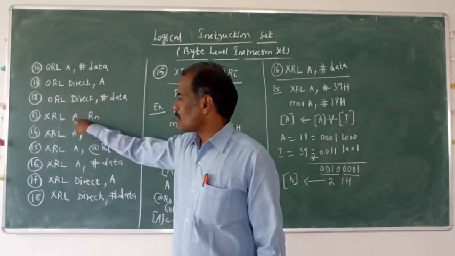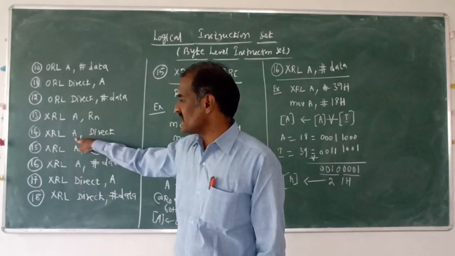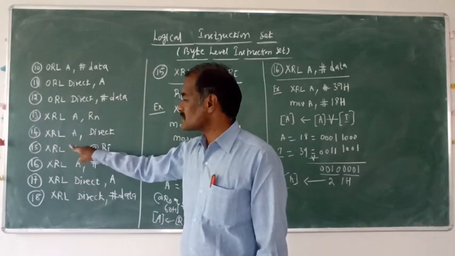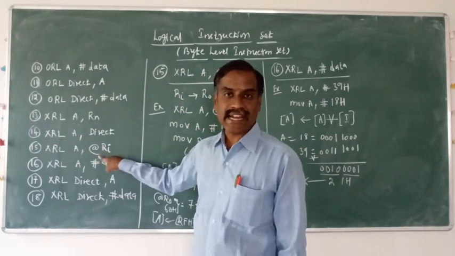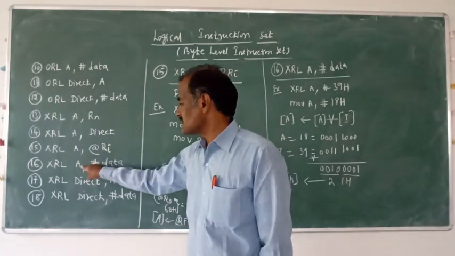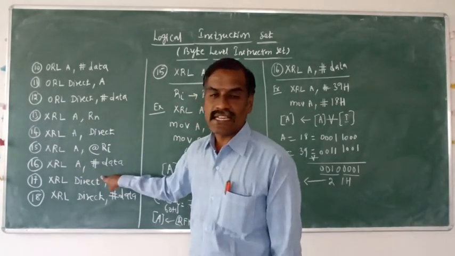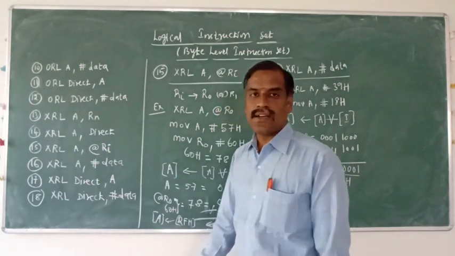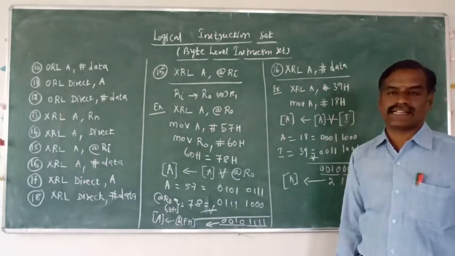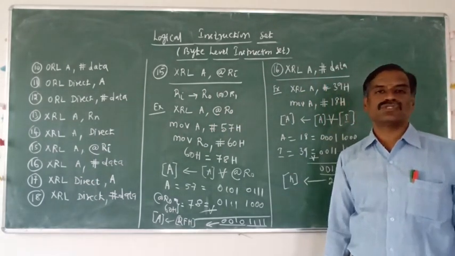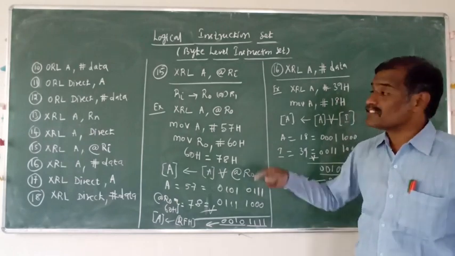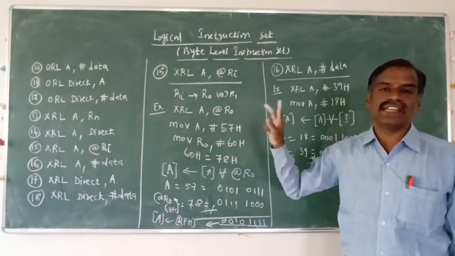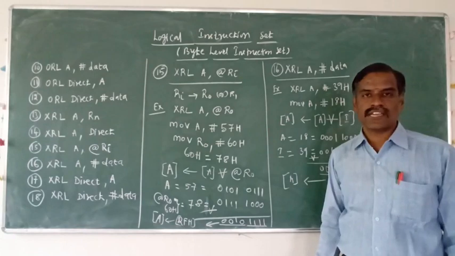Here the 13th instruction is accumulator with register data, the 14th instruction is accumulator with the direct memory address location data, the 15th instruction is accumulator with the indirect memory address location data, and the 16th instruction is accumulator with the immediately given 8-bit data. The result always moves to the accumulator. This is the operation of exclusive OR of the accumulator with different addressing modes: register, direct, indirect and immediately given 8-bit data.